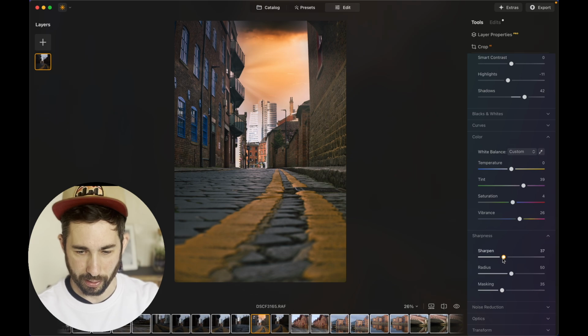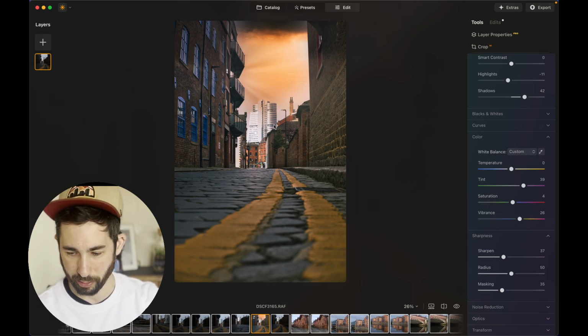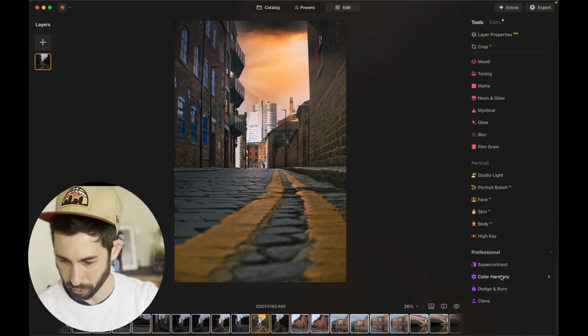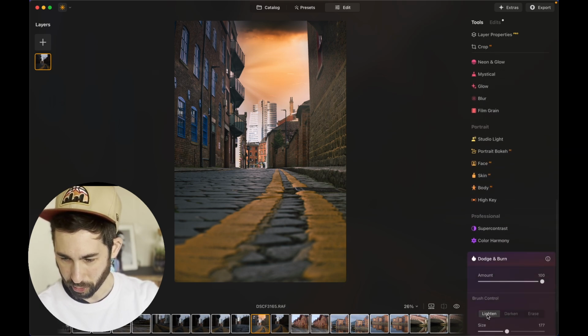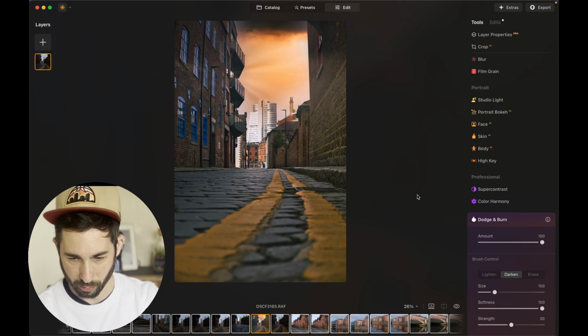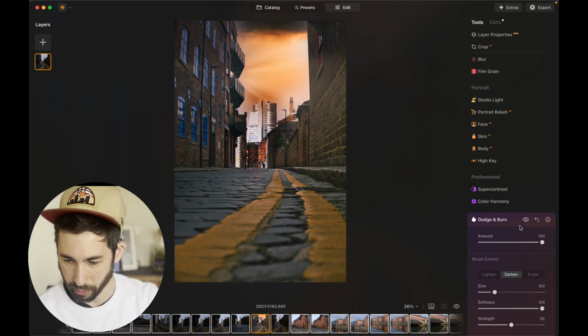Now, one thing I've noticed is my main subject, which you could argue is the building in the background, is a little bit overexposed. I'm going to bring the dodge tool back again, and I'm going to darken it this time. I'm just going to bring that down. It's a little bit too much, but